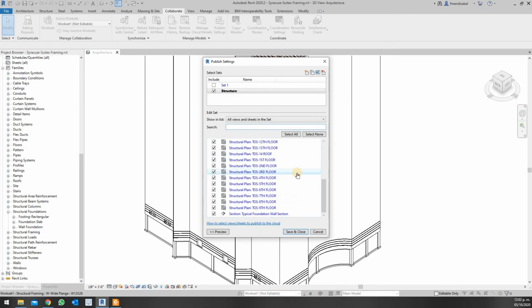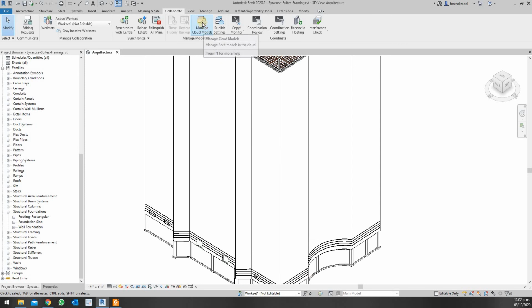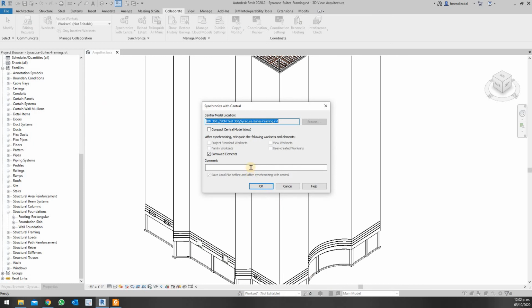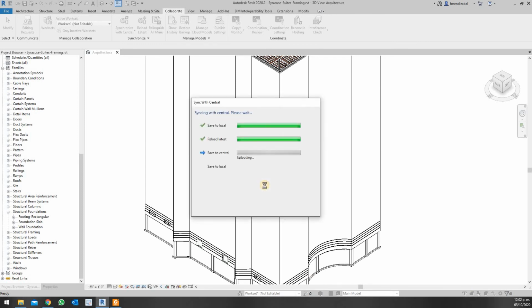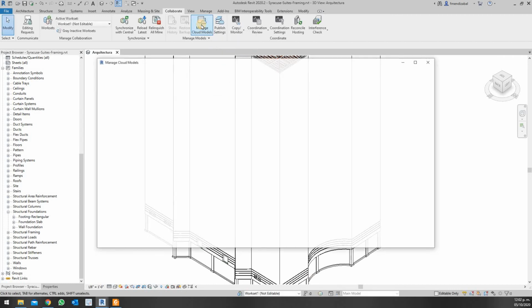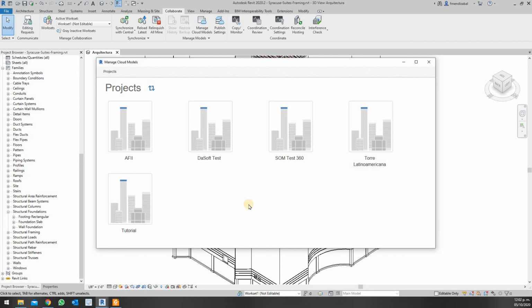Let me see if all these elements have been placed okay. We are going to make a synchronization on the web, and new architectural version 3 linked, just to have the information. So once this is synchronized, what we are going to do is making the publish as well. So this will be the workflow